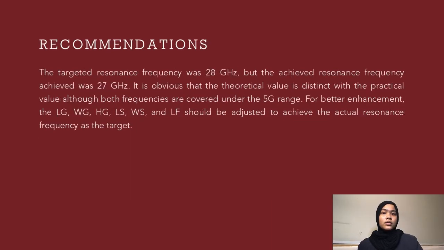Moving to the recommendations, the targeted resonant frequency was initially 28 GHz, but the achieved one was 27 GHz. It is quite obvious that the theoretical value is distinct from the achieved one, even though both frequencies are covered under the 5G range. For better enhancement, LG, WG, HG, LS, WS, and LF should be adjusted to achieve the actual resonance frequency as